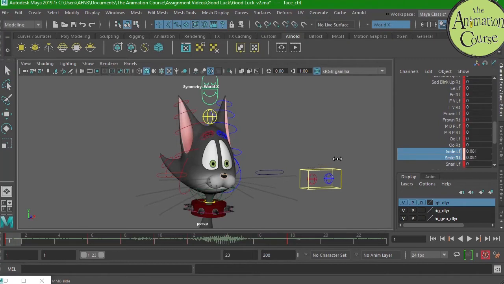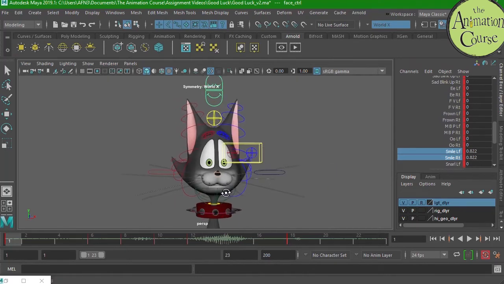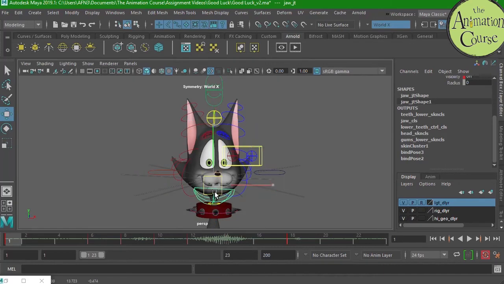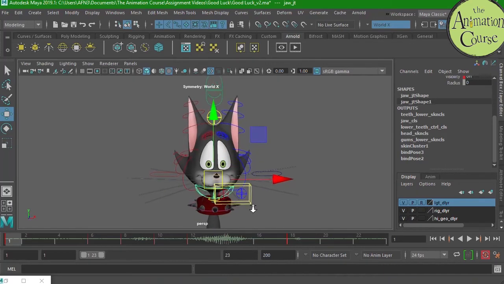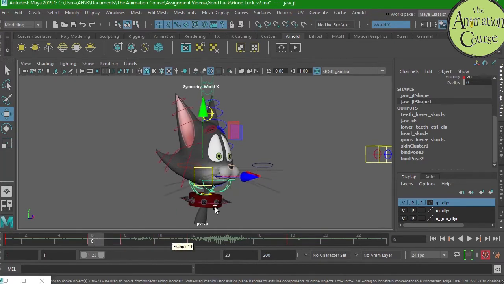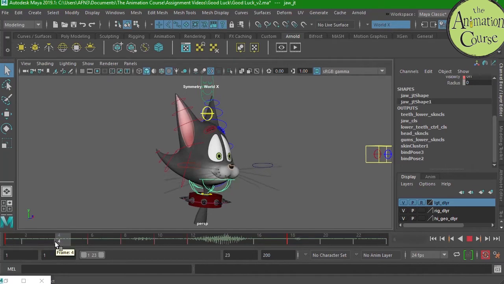Scroll down here, and I'm going to make this go a little bit faster. And I might turn the jaw over just a little bit like this. Then on the next frame, sometimes it's easier to start from this beginning kind of frame that I've got, so